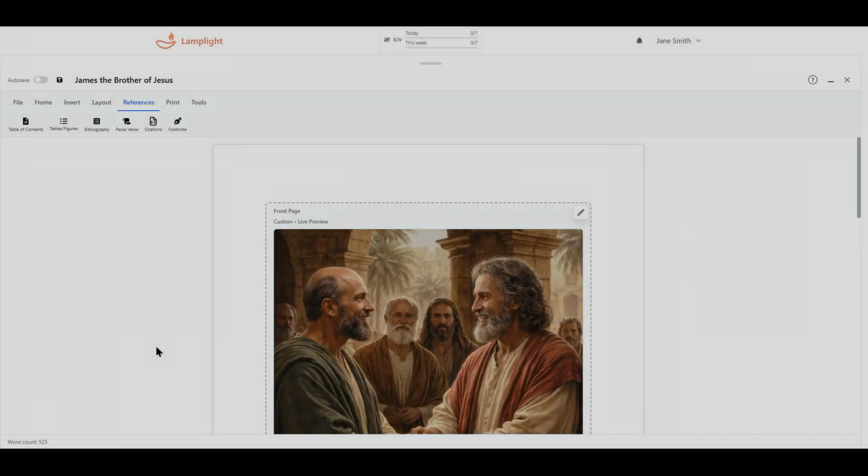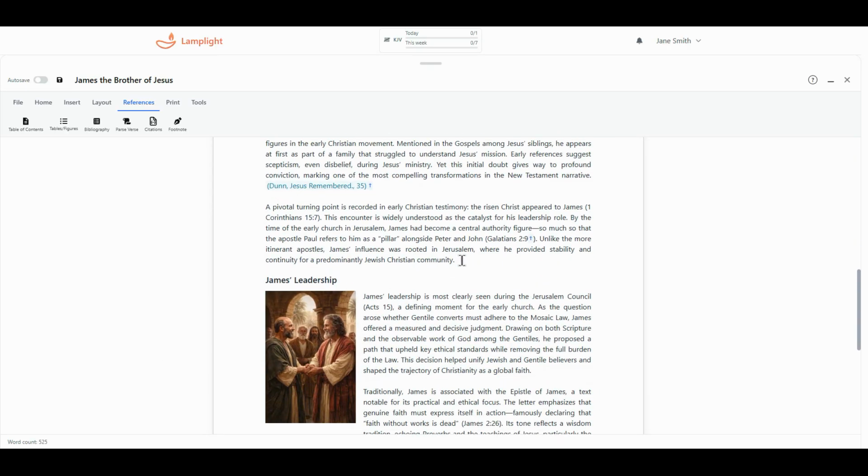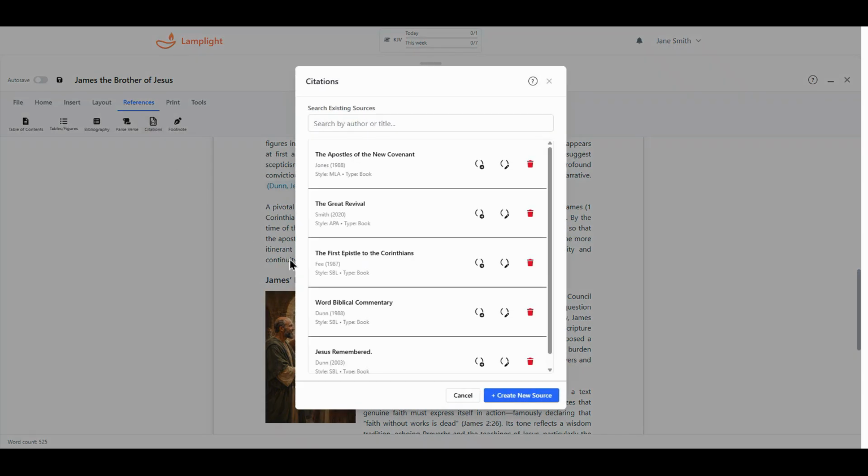In this tutorial, we're going to walk through how to add and edit citations in Lamplight. In your document, place your cursor at the section of your content you want to add a citation reference. Then, go to the References tab and click Citations. The Citations dialog is where you create sources, reuse sources you've already saved, and insert properly formatted citations into the